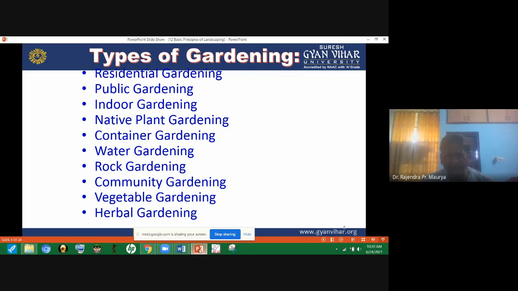Then vegetable gardening. In vegetable gardening, we just consider kitchen gardening. In this one, we can grow some vegetables to meet the vegetable requirement for your kitchen. These vegetables can serve your purpose.